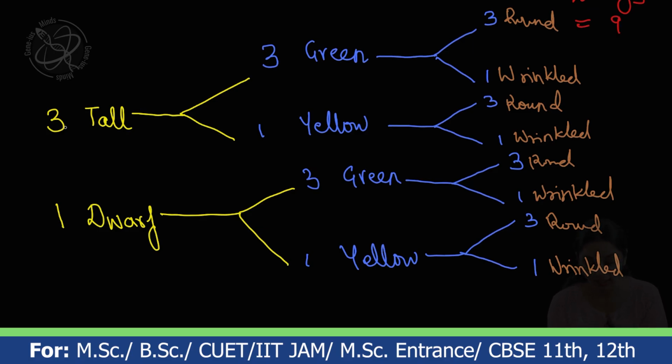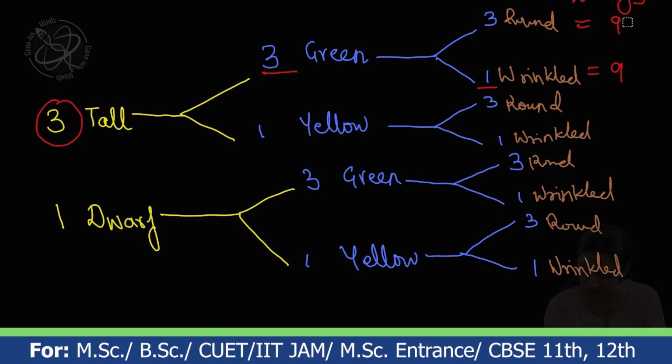Then again, you have to move in the direction of the fork. Now this fork will move like this: 3, 3, 1. So it will be 9. Sorry, here it will be 27. I'm sorry, here it will be 27. And here you will get 9. Now the same thing applies here. You are going to follow the fork direction over here.